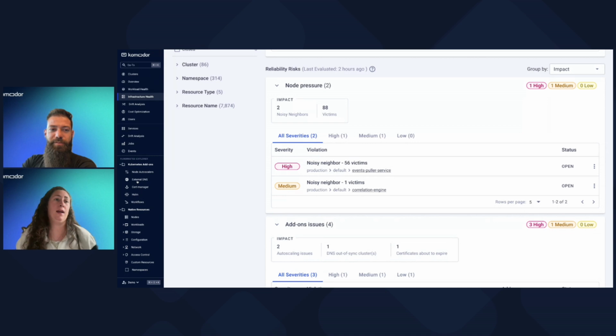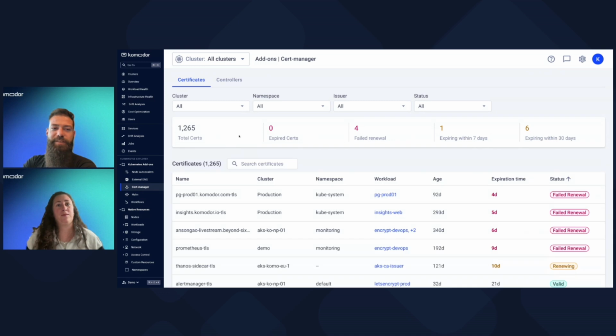Okay, so we talked about Cert Manager and external DNS previously. You showed us an example of what it looks like in real life and how time-consuming it is. How would we go about it using Komodor? Same use case. Yeah, so as you remember, we did talk about the Cert Manager incident